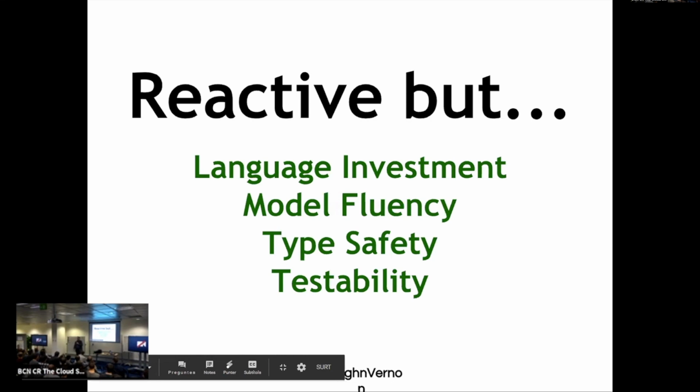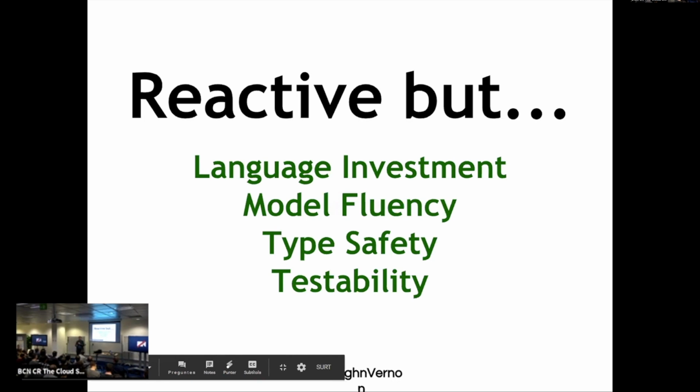But we have a big language investment, right? In Java and C# and in .NET, the Java platform, Python, whatever our language is, it seems like adopting a language like Scala may be a pretty big step for us. Maybe not, but maybe it is.